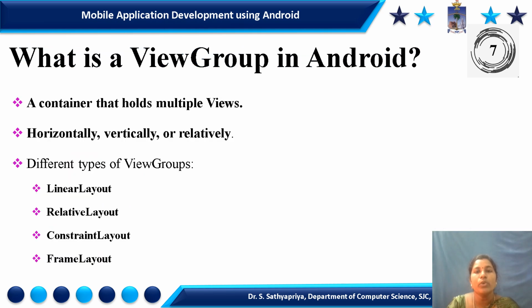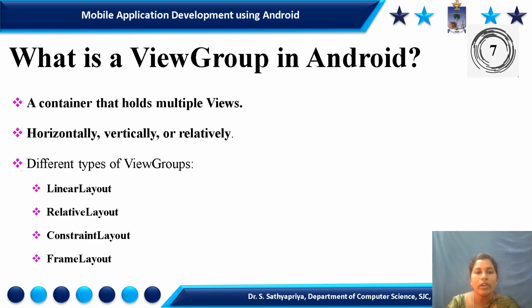Then what is a view group in Android? In Android, UI elements are rarely placed individually. Instead, they are organized inside view groups, which act as containers to hold multiple view objects. These view groups help structure the layout in a logical manner. There are different types of view groups available,